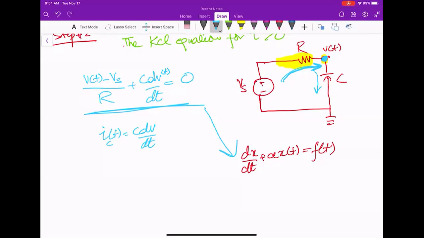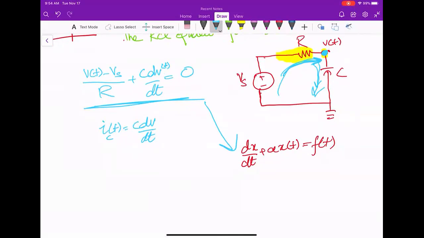Okay. So I know that the current is flowing in this direction, but when we are considering some node, we consider it at the central point, and all the other signs fall according to it. What I'm saying is that we know this is a differential equation. I want to write it in this form because I know the solution of this form, so I will try to convert this equation into this form. For that, I think I need to